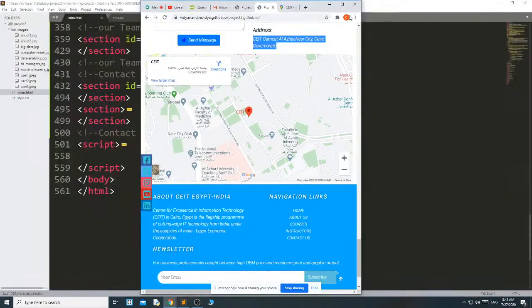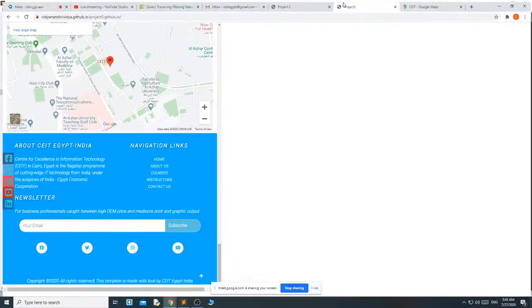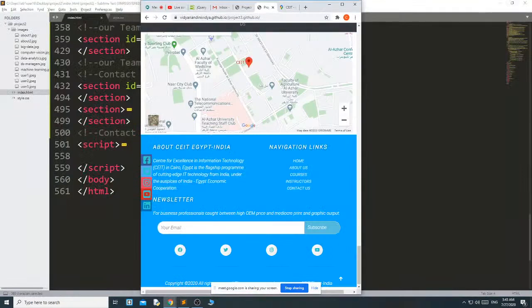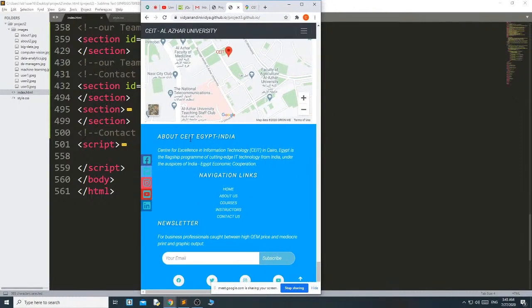You can see that in this medium screen, you can see only the 2 columns. The third one is coming just below. But in large screen you can see 3 columns, and for small screen that will be 1.